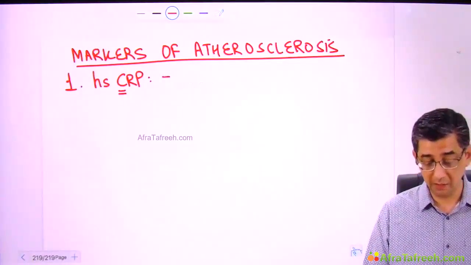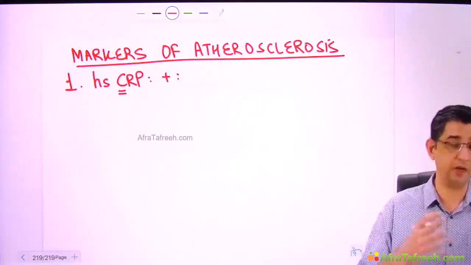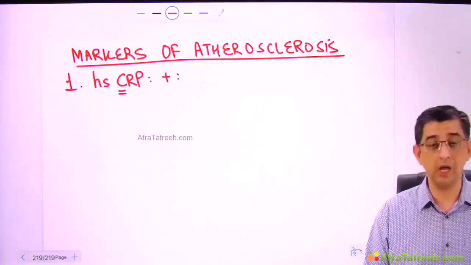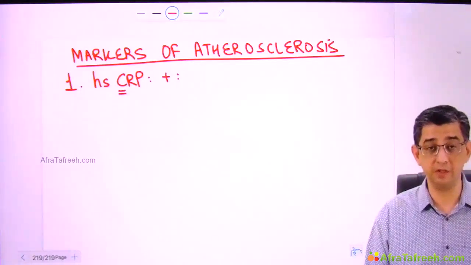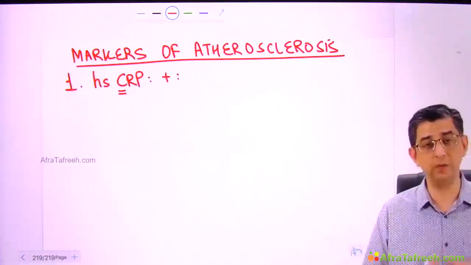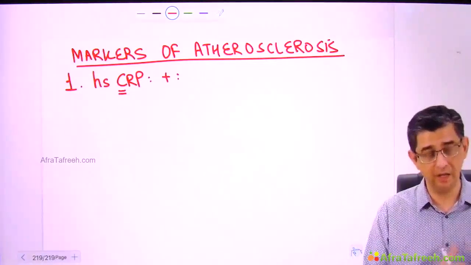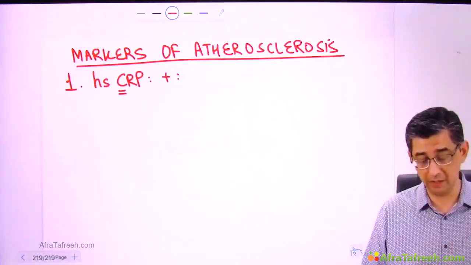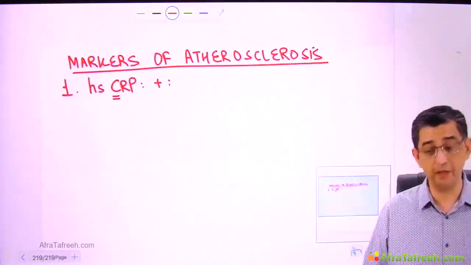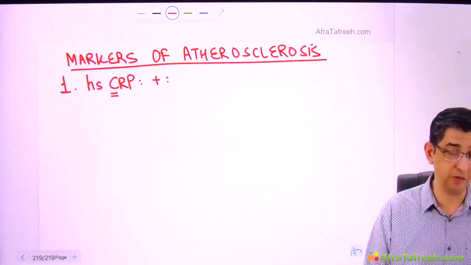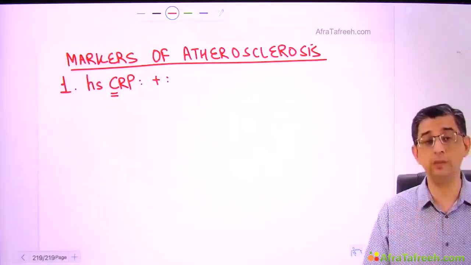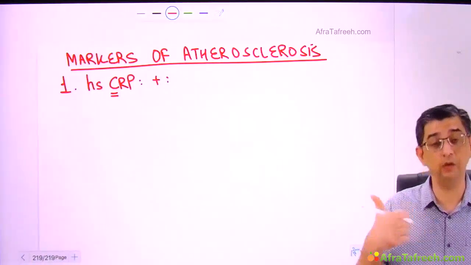If high sensitivity CRP is positive, let me say a young doctor comes to me today and says that his father had a heart attack, or myocardial infarction, at 55 years of age. You see, the casual word for myocardial infarction in India is heart attack. The technical word is myocardial infarction. So this budding doctor is telling me that his father had an MI at 55 years of age. Would he also develop a similar presentation when he reaches 55?